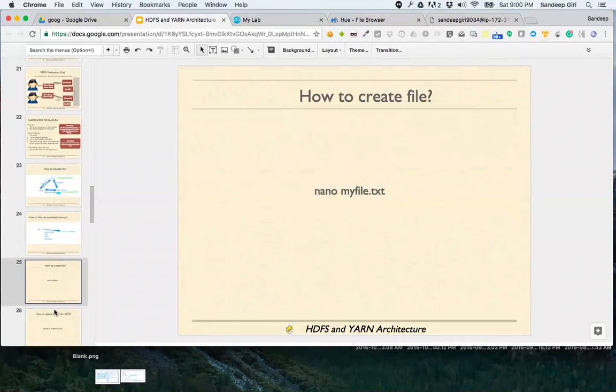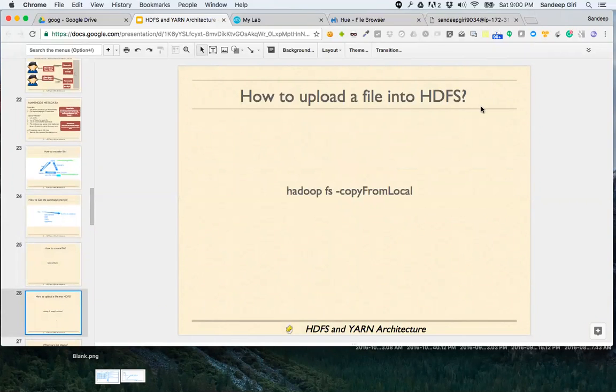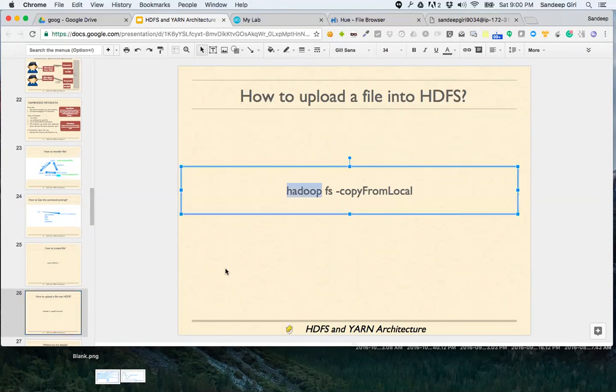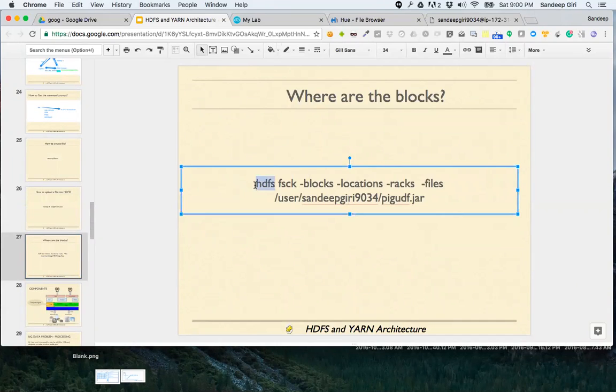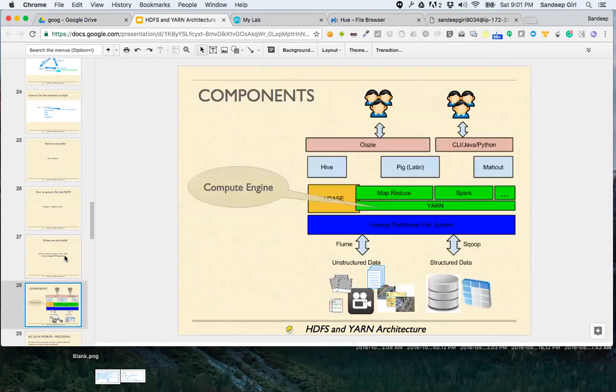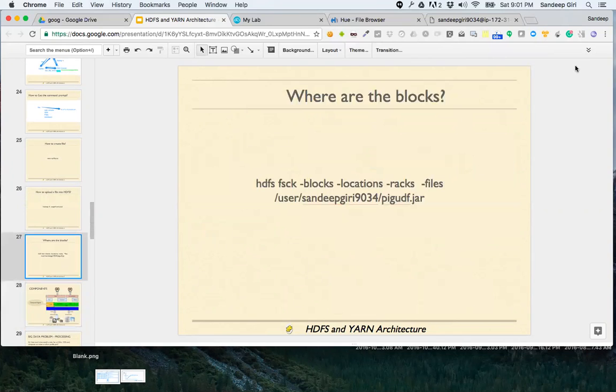Nano is a command to do that. How to upload data into HDFS? You use Hadoop FS minus copy to local, copy from local. Where are my blocks? You can use a command called HDFS FSCK, and it will tell you where are the blocks. All right. So that was about the most basic system that we needed to learn called HDFS. Any questions related to HDFS?